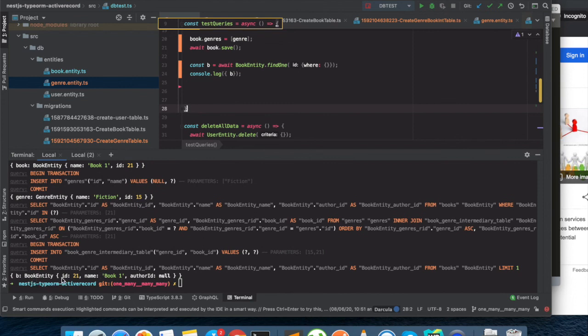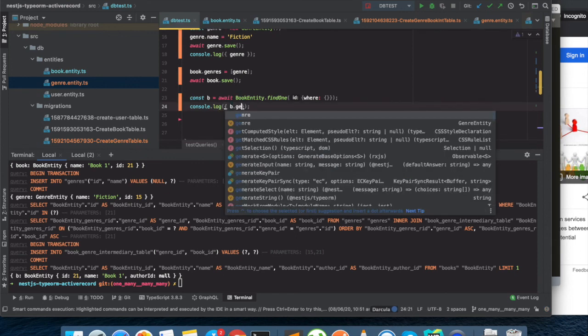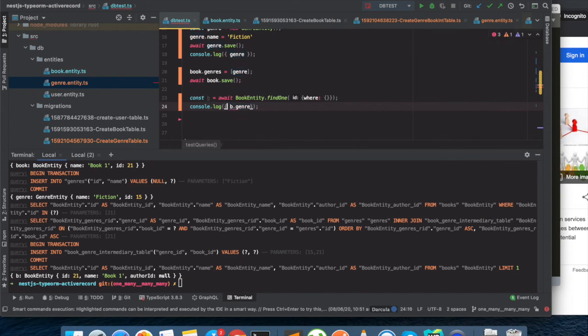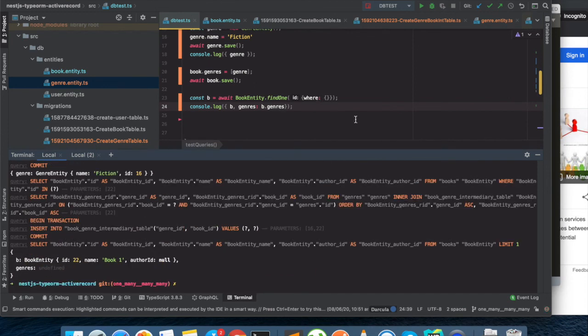So b is a book entity with ID, name, and the author ID is null, obviously because we are not using author. We also want to see its genres, right? So let's say console.log b.genres. Obviously that would be undefined because we are not providing a relation here. Okay, so genres are undefined, right?